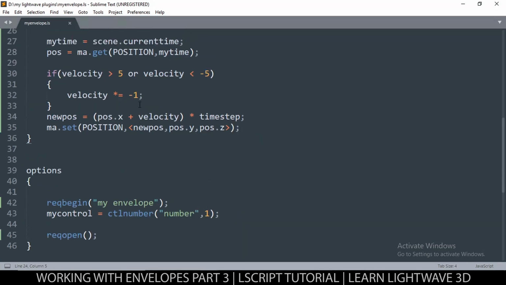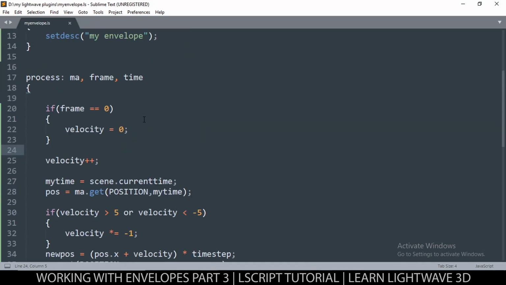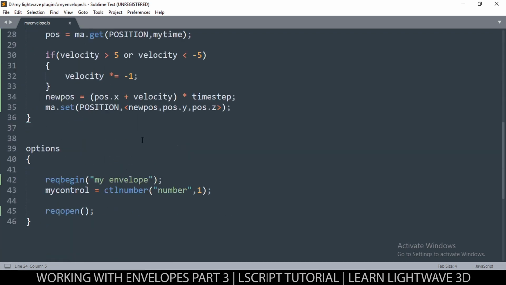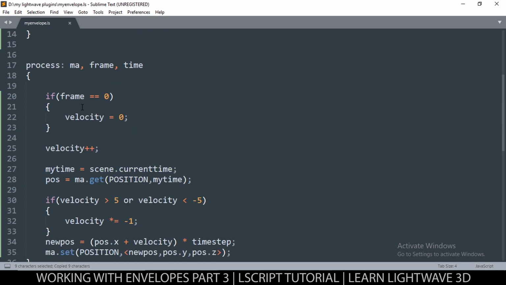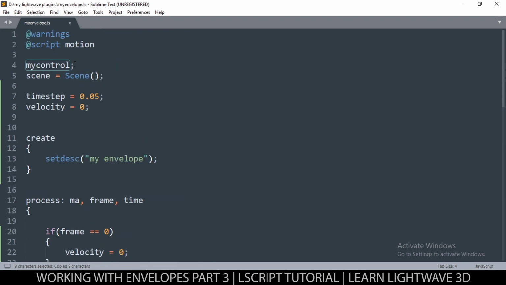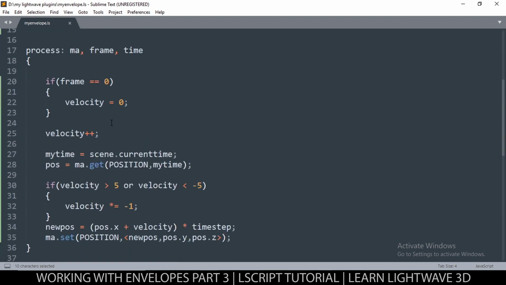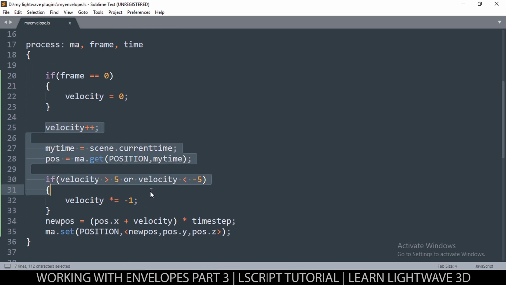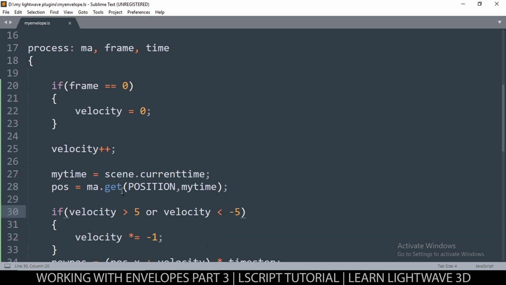So let's go back to our plugin. We know that the control's handle is this one, my control. So let me copy that, and we have it at the top here, which means we can access it in this function as well. So what I could do is simply go to here and put my control.value like this,